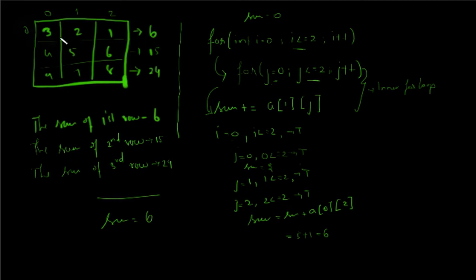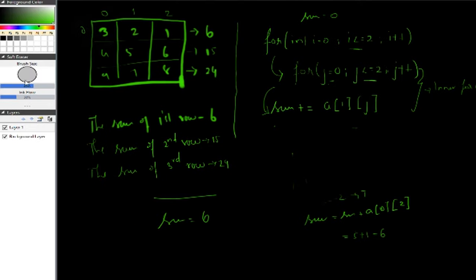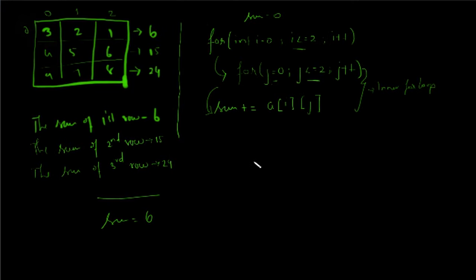Now the sum which I want to get for the first row, I have got it. Now I have to display it. So where should I write this display statement? Fine. The first row sum has been found out, that is sum is equal to 6. Now I have to display it. So I am displaying it as cout